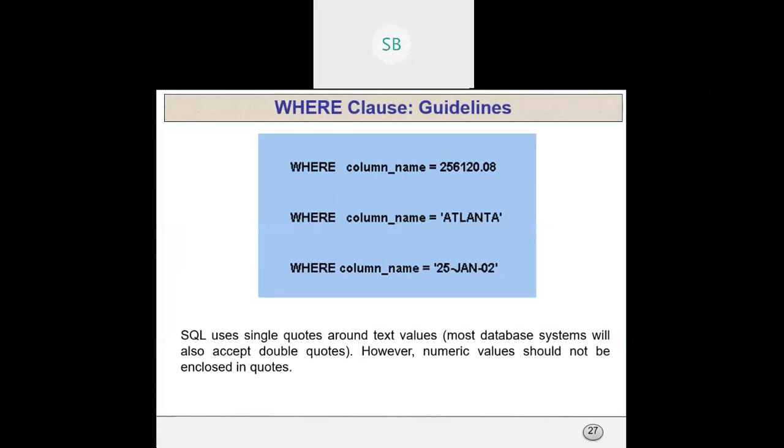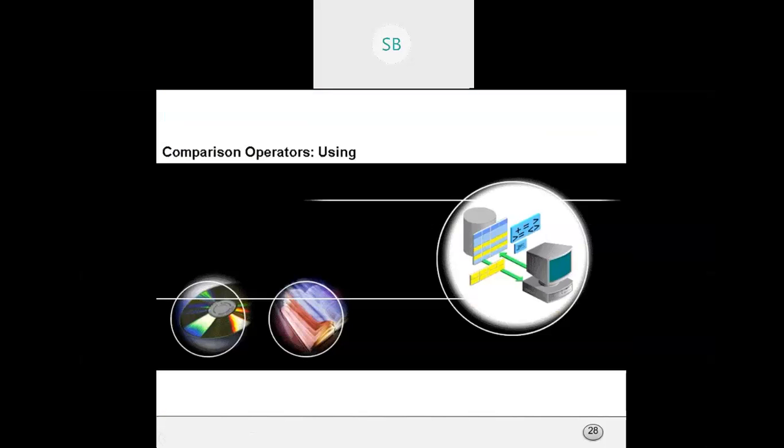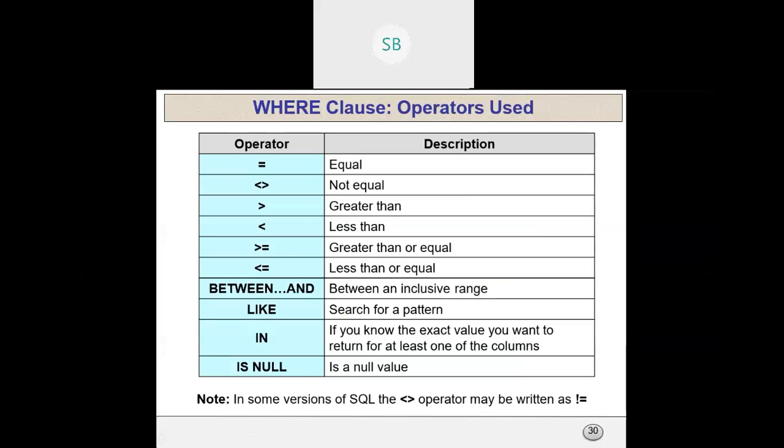These are a few guidelines. We'll just see today, we'll be solving. So it has just displayed everything. Where is very important. Then comparison operators are there. We have equal, then not equal, so just check the sign for not equal. Equal, not equal, greater than, less than, greater than or equal to, less than or equal to, between and. Whenever you are given a range to find, you can use the between and command. Then like is used to match a pattern, then in, then is null.